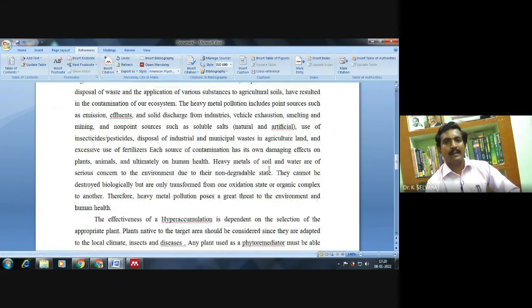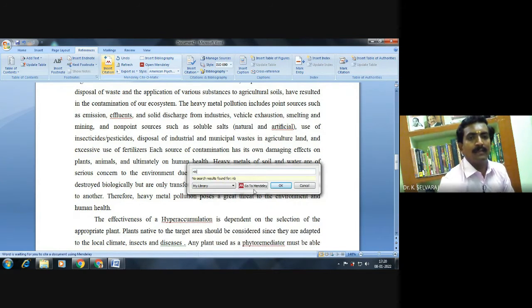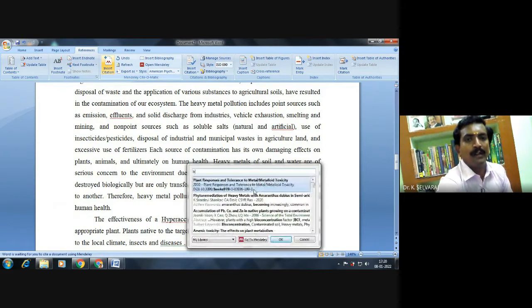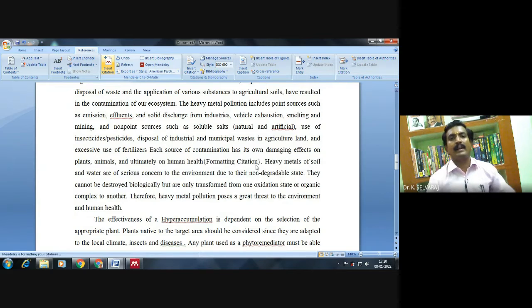And the third citation, here I want to type the article. I simply click here and type the author name or journal name or the title name. For example, if I type plant response to tolerance accumulation, I click this reference and the references are simply there.